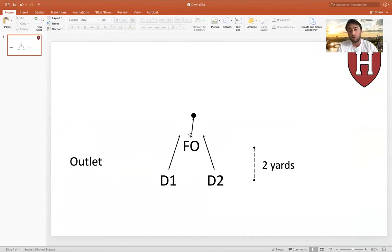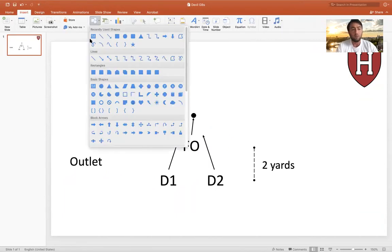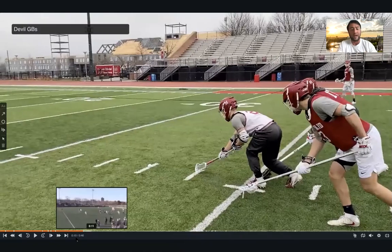So on the whistle, he's running and scooping this ball, attempting to scoop this up and then make a big turn and get out and throw the ball here, right? So to watch the drill now,